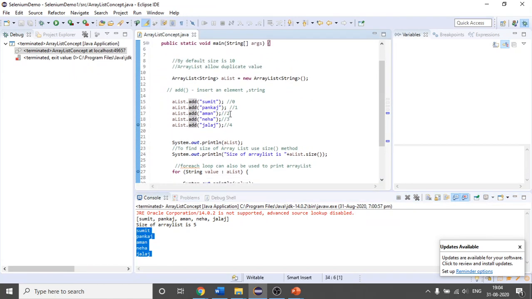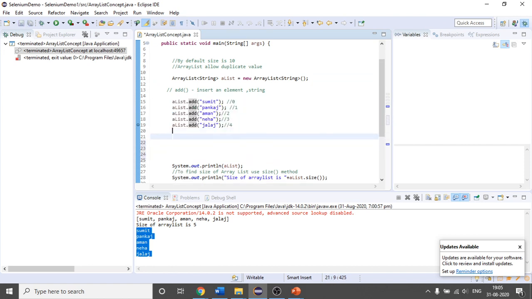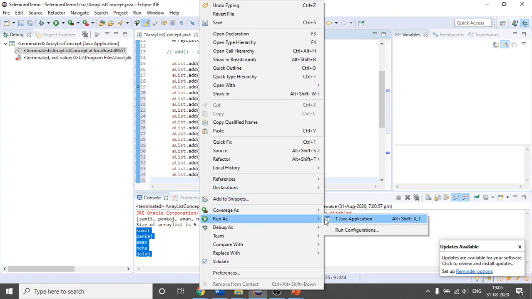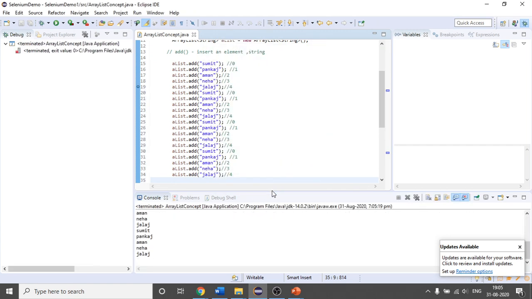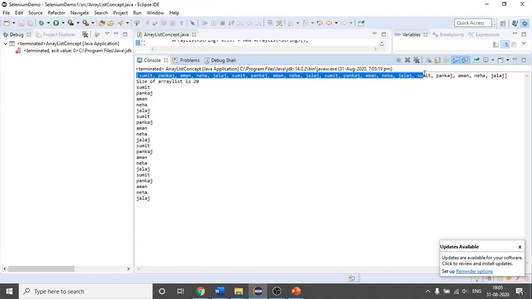So I'm saying this will increase its size or decrease its size. See, if I provide like this, okay, you don't have to increase it, it will increase automatically. Suppose if I do like this, like this, like this, it will automatically increase its size. See, if I run this program, you don't have to do anything. See, it has printed like this. It has stored so many elements. Okay, so you don't have to do anything to increase its size. It will increase automatically.